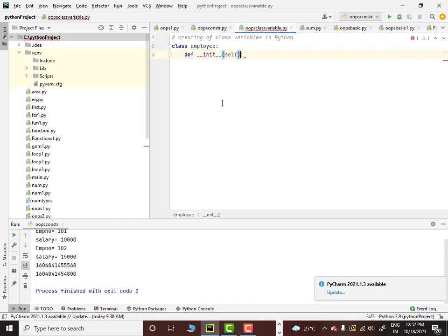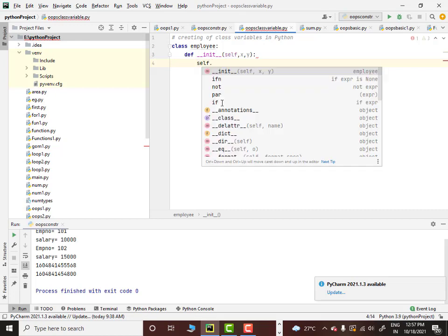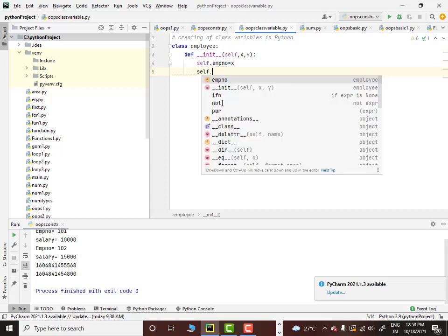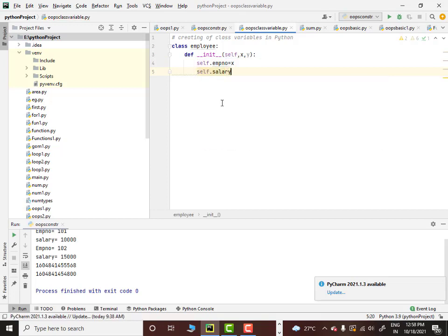So we'll take the same two things, x comma y, then I can say self.emp_number equals x and self.salary equals y. Here, before defining this constructor, I will have one variable called emp_count, and I'll give that value as 0.